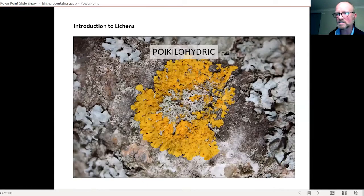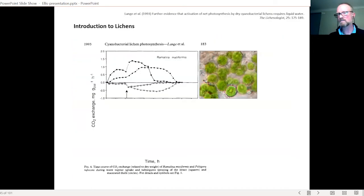Okay, the other important thing about the lichens is that they're what's referred to as poikilohydric, and that means that they don't have a complex vascular system. They don't have xylem and phloem like vascular plants. When the environment is dry, they tend to dry out. And when the environment is wet, then they get wet. They're very good at drying out. And when they do dry out, they can survive for long periods of time when they're dry, and then they're dormant. But they require liquid water in order to become